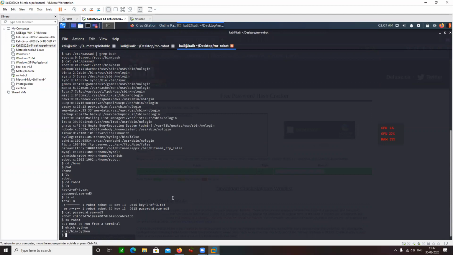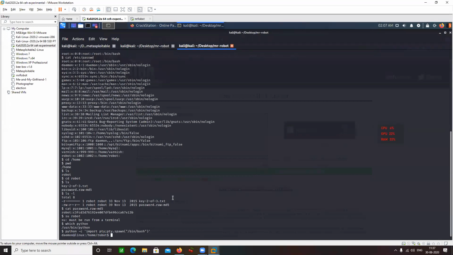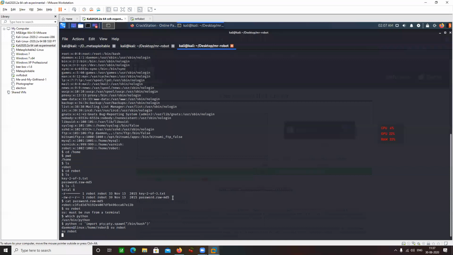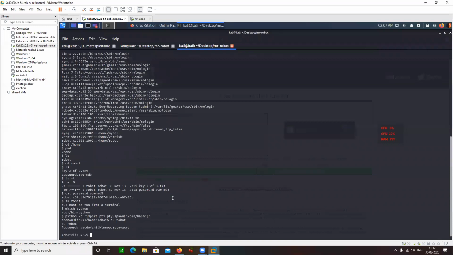Yes, Python is here. python -c 'import pty; pty.spawn("/bin/bash")'. Then su robot, and paste the password here.